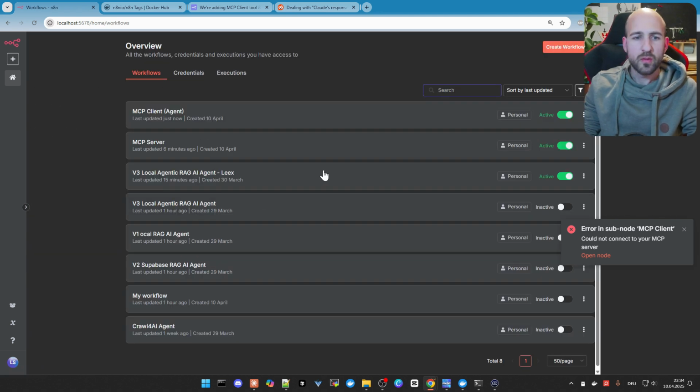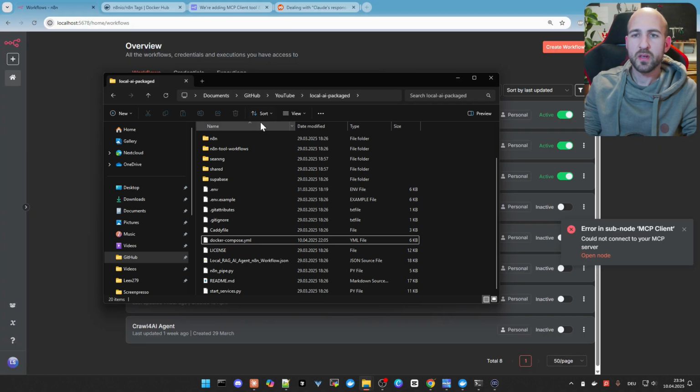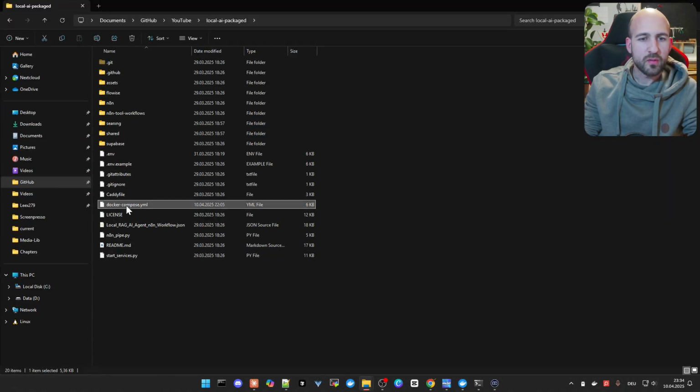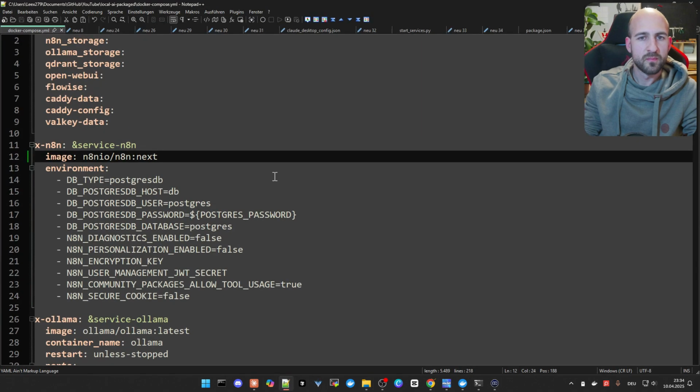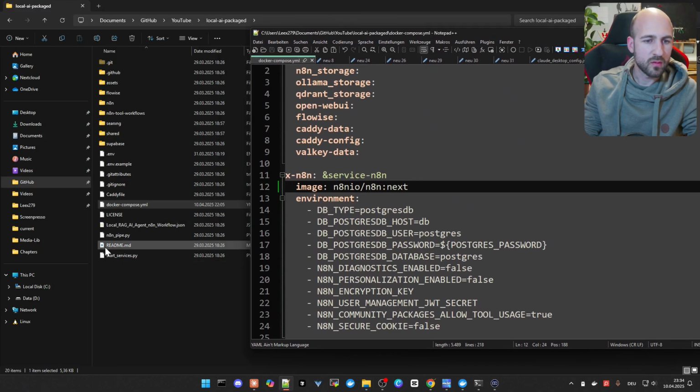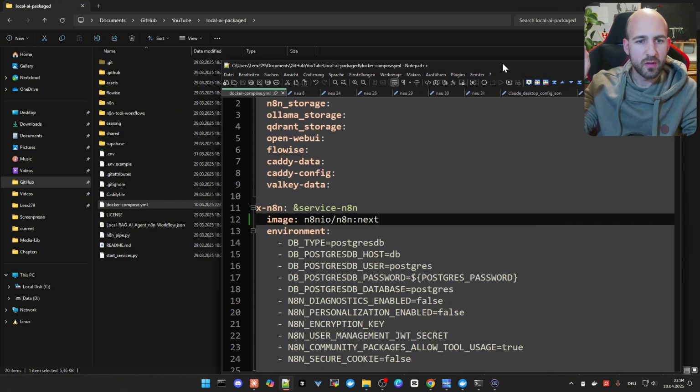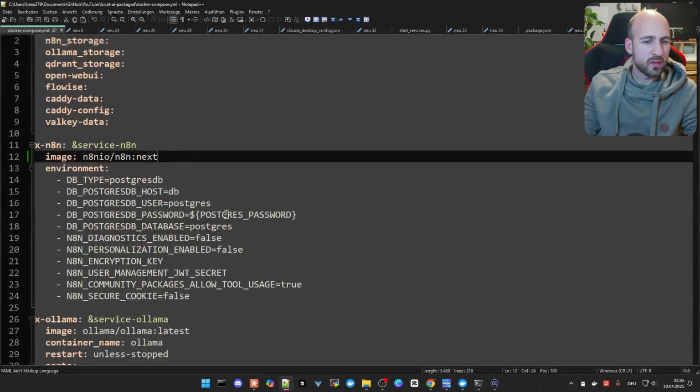Good, let's go over to the installation part, what you need to do. The first thing you need to do is go to your local AI package folder, then open your Docker Compose file. Here, so this Docker Compose file in the root of your local AI package. If you haven't installed the local AI package, check out my video here where I showed how to install it and configure. And then we need to go to line 12 where the image is referenced, and in your case there is latest